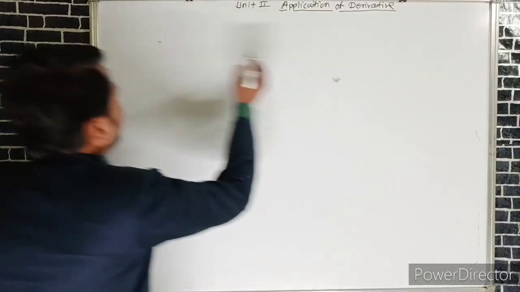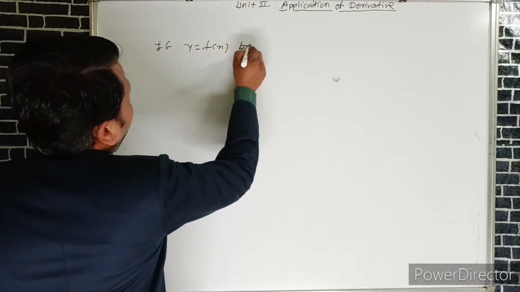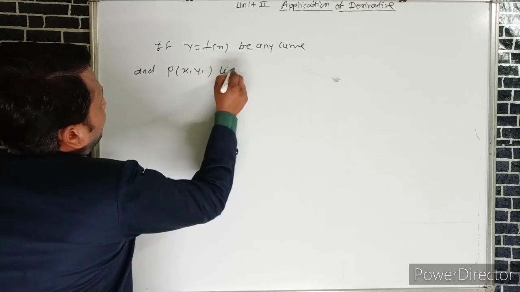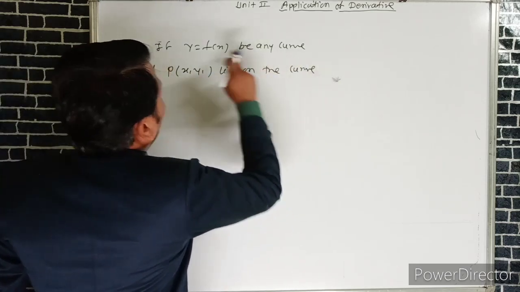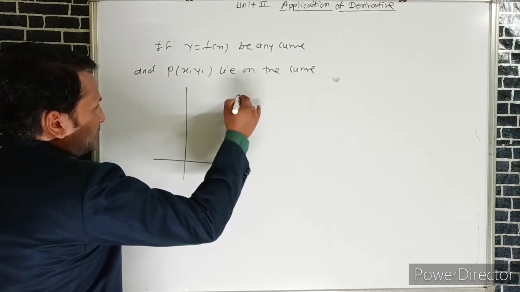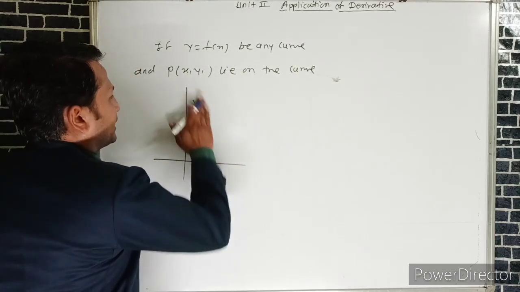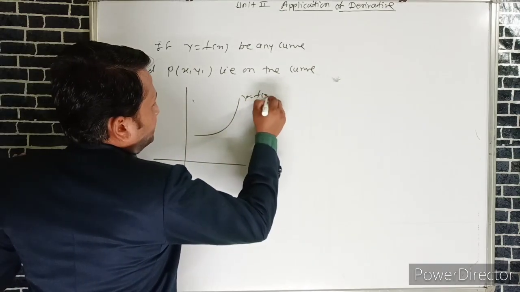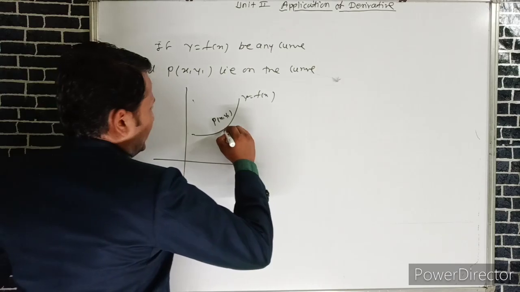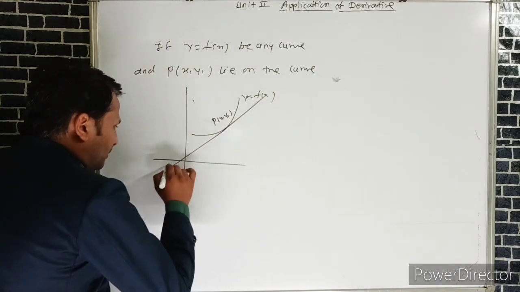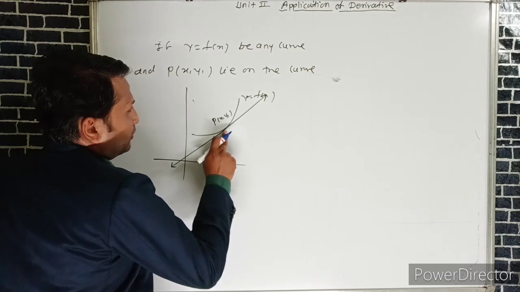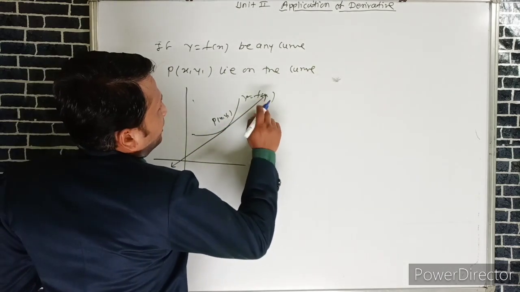by using this: we know that if y is equal to f of x is any curve and point P (x1, y1) lies on the curve y is equal to f of x, then the line passing through this point P intersects the curve y is equal to f of x at point A, which is a tangent,